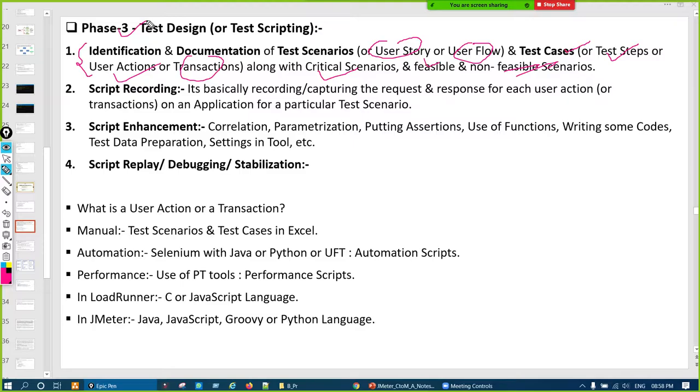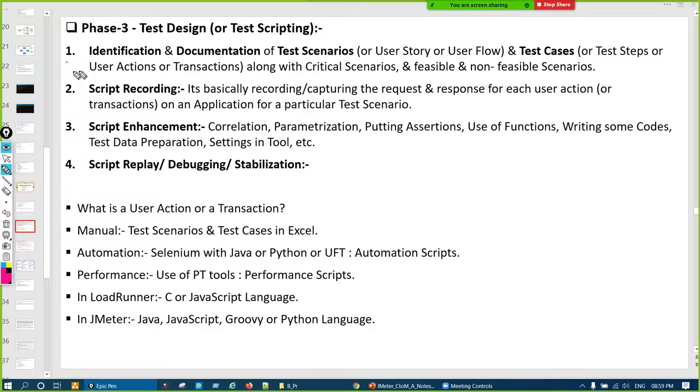Okay, phase 3. Yeah, so we have to document that properly.